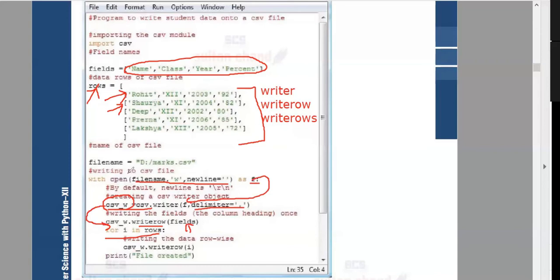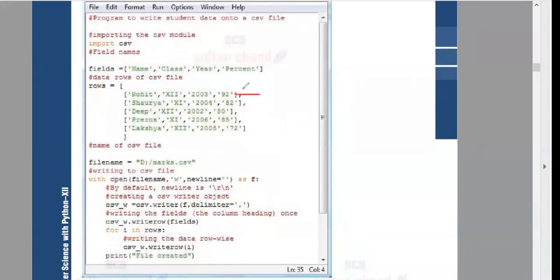Okay, so what you are going to do is loop through the rows and take each and every record from the list. The first element of the list is going to become the first row of the table. Each and every element contained within the list is each and every row of the table which we wanted to store. When I'm looping through the rows, this contains a list of lists. Can you understand? This i represents the first element of the list when I'm looping through it, and this is going to write the first row into the table.